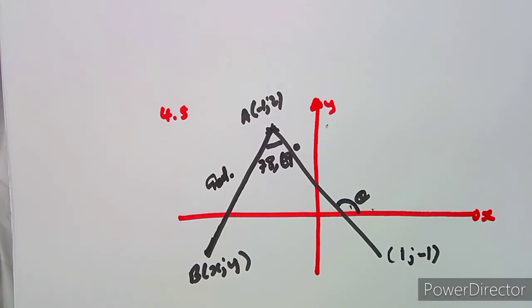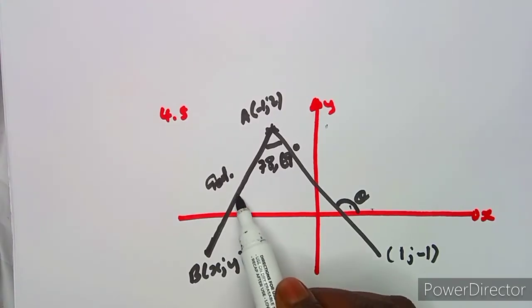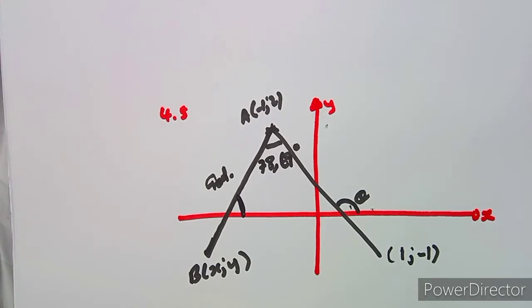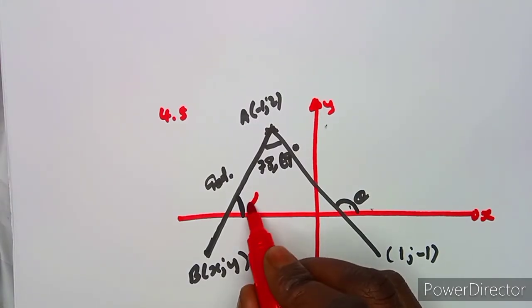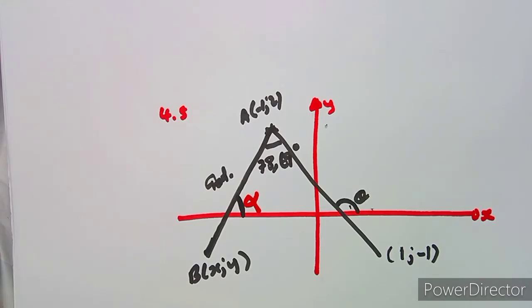But where can we find this gradient? Because we do not have any relationship between this line and this line. The only thing that we have for the gradient is this angle here. Let's write it as alpha or beta. Let's just say this is our alpha here. It means that